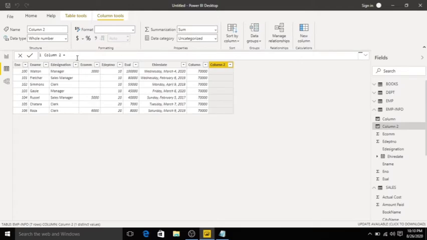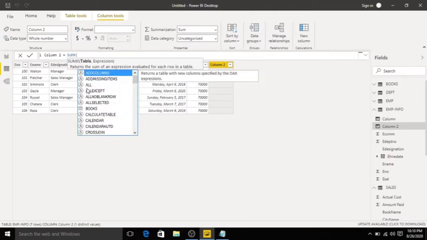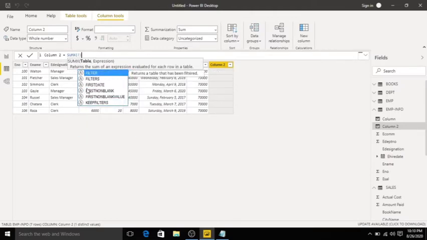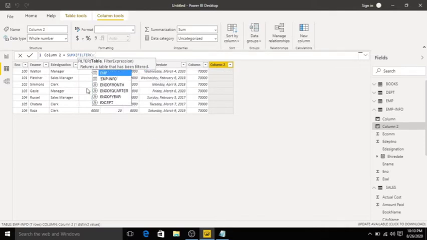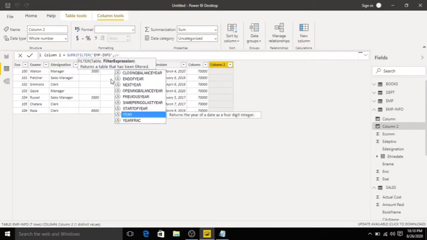I will provide a SUMX function, click tab, filter, click tab. I will provide the Employee Info table, click tab, comma year, click tab.